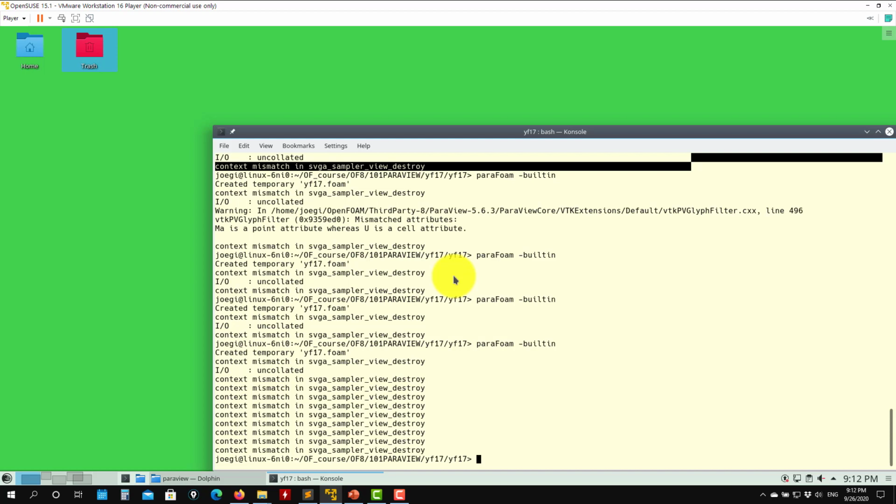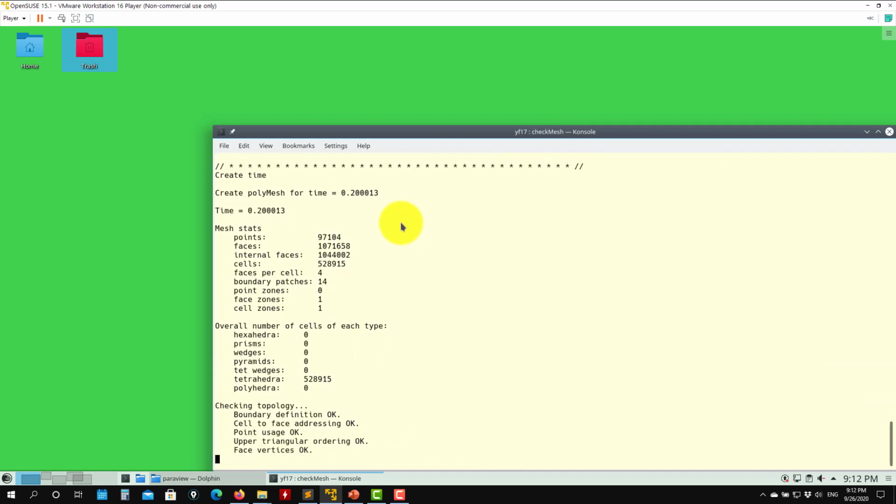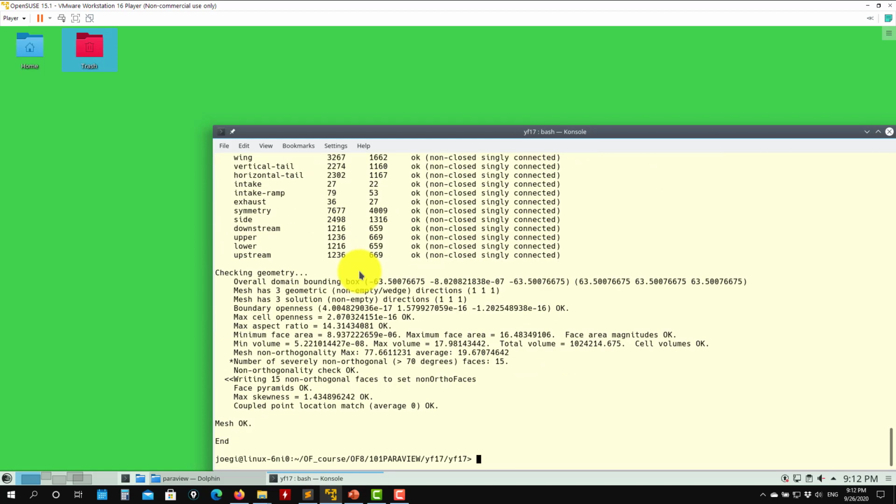Also, this highly depends on your mesh. The time here was fast because we are working with a small mesh. I think, yeah, you see that, 500,000 cells. If you're working with 10 million cells, this operation starts to become slow. So that's why it's better to do the co-processing that I showed you previously, creating those couplings already in OpenFOAM. So, okay, that was all for this case. The next one will be a steady state case where I show you